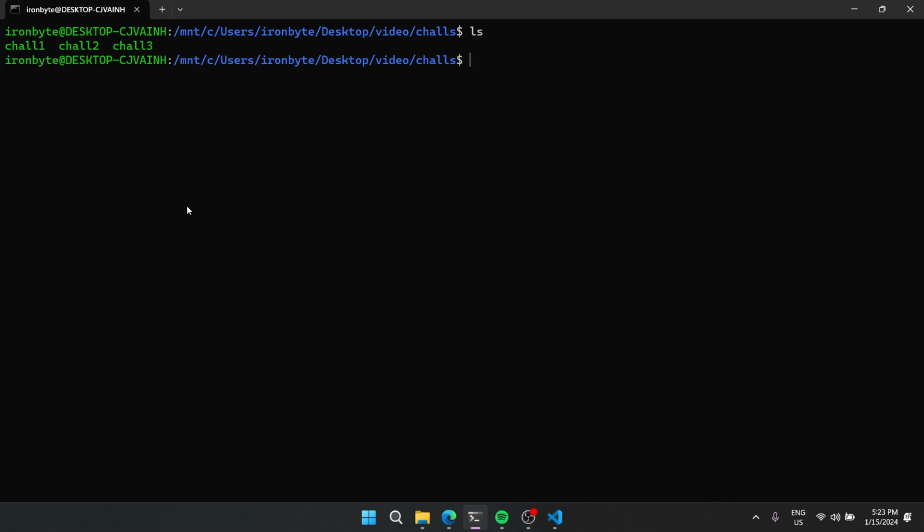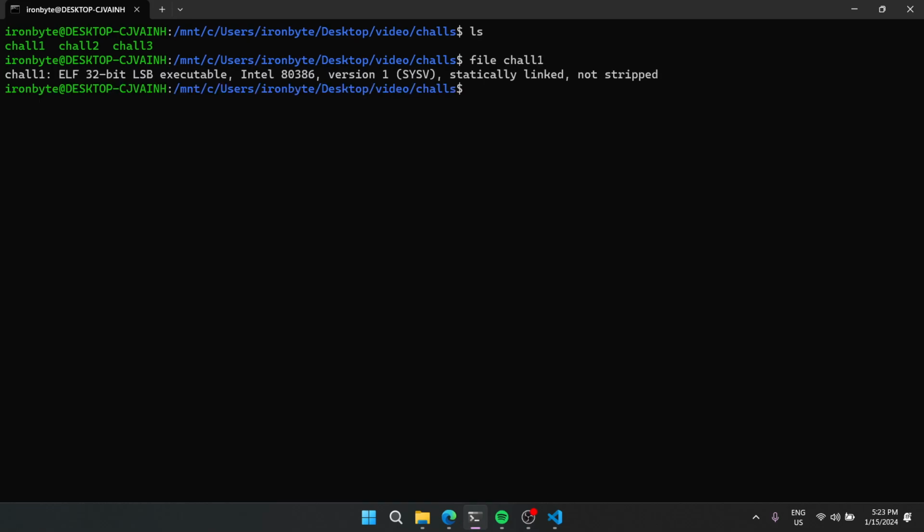Let's start with the first binary. The first thing we have to do is check the file or the format of the binary before trying to reverse engineer it. The first thing to do is just run file. Let's run it on challenge one. It's actually an ELF,